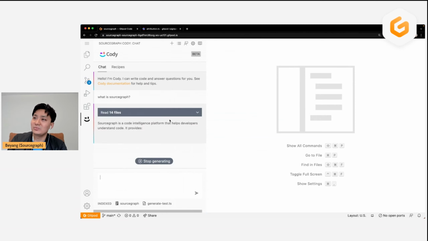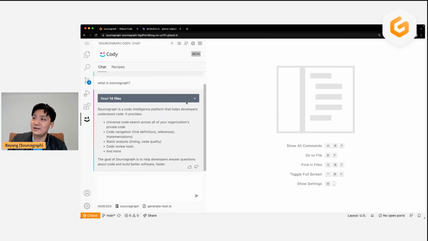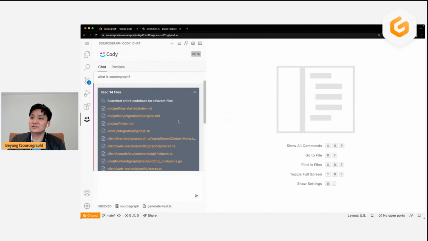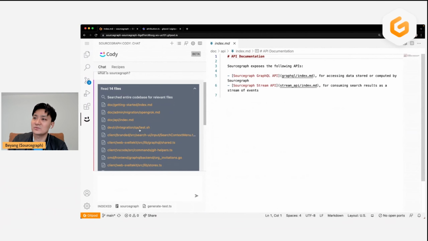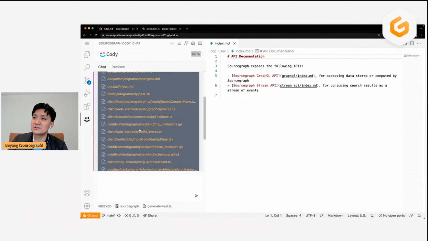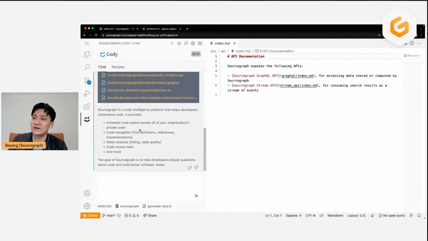And Cody's going to think a bit. It's going to read a bunch of files, and you can inspect the files it's reading. You can get a flavor of what Cody is using as reference material to answer my question. So it reads a bunch of documentation, a couple source files too. And then it synthesizes that into an answer for me. It tells me Sourcegraph is a code intelligence platform that helps developers understand code, and it provides this set of